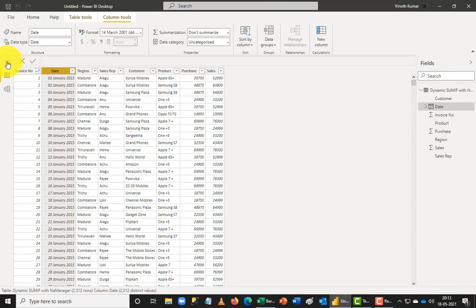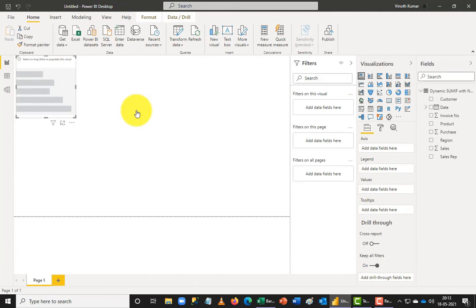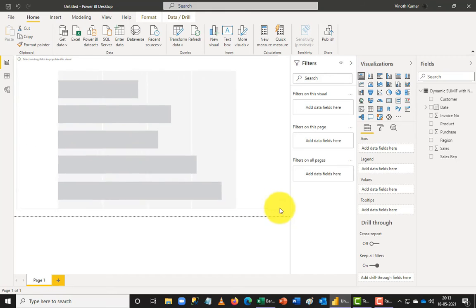I'm going to come back to my visualization screen here, and you can see I have a component here called model. So these are the 3 dimensions that we are going to use in our list. As I'm going to work with the bar charts, I'm going to start with the first bar chart. The first bar chart that I have here is stacked bar chart. When I click this, you can see how the visualization is going to pop up.